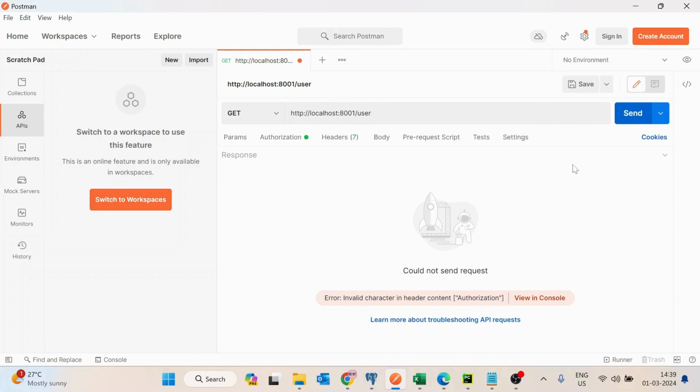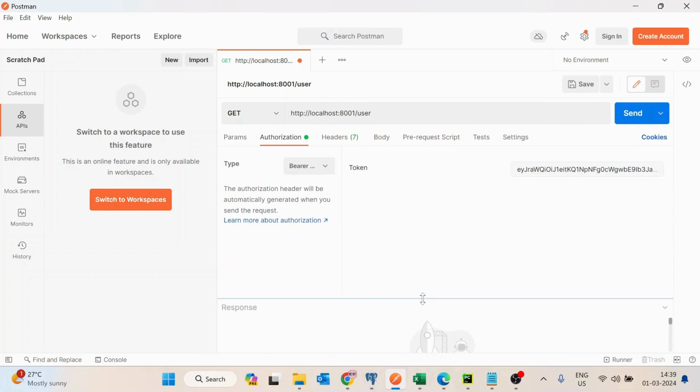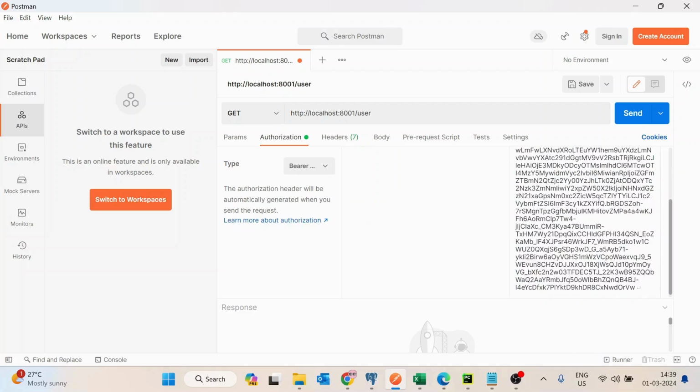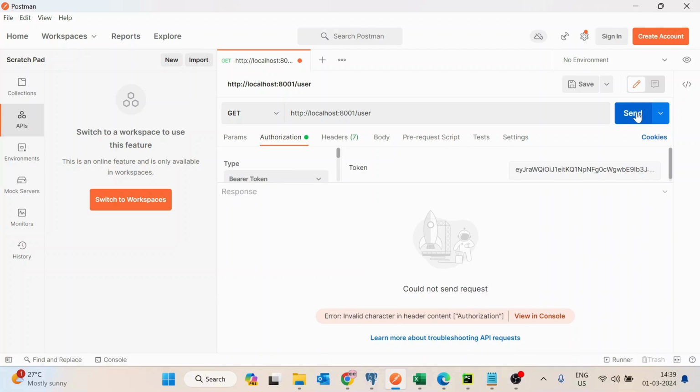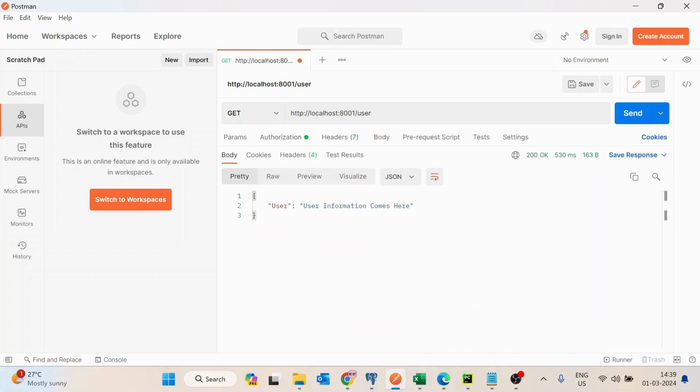So if I send it, invalid character in header authorization. Okay, I think I have passed an enter actually, so that's the issue. So we got this user information here. Okay, so now let's